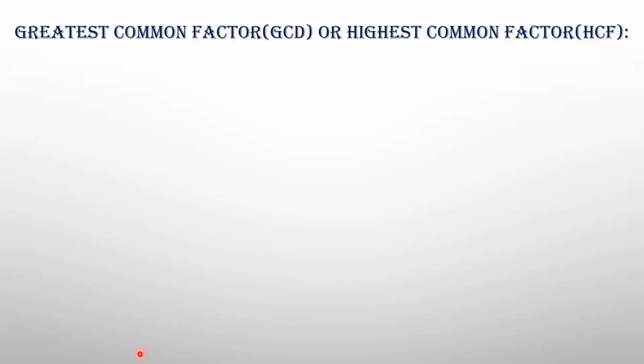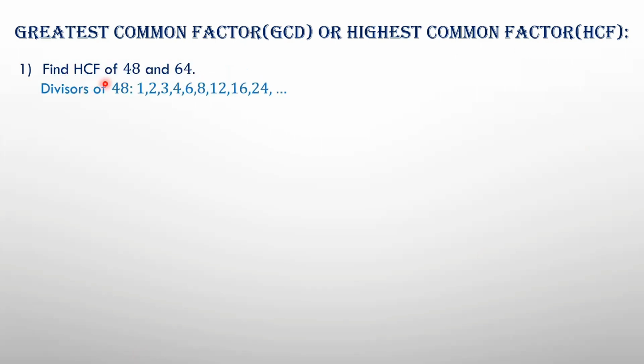Now the next thing is greatest common factor or greatest common divisor, that is GCD, or highest common factor, HCF. How to find HCF? Let's see. Find the HCF of 48 and 64. Now it also depends on the name: highest common factor. In LCM, it was least common multiple, so we found multiples of the given two numbers. Here, as we want the highest common factor, we will find the factors of the given numbers. So find the factors of 48 and 64.